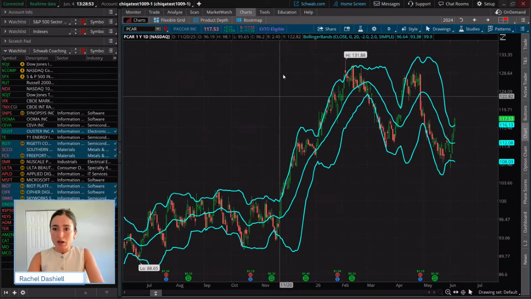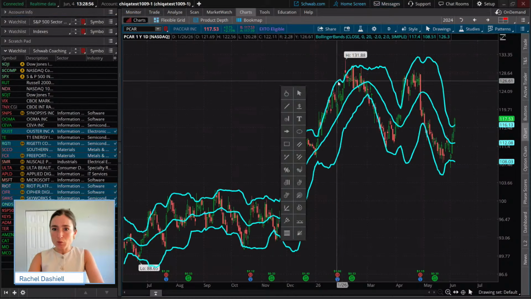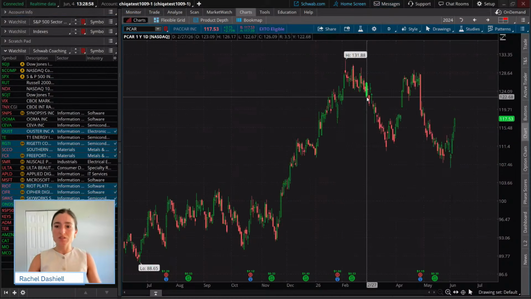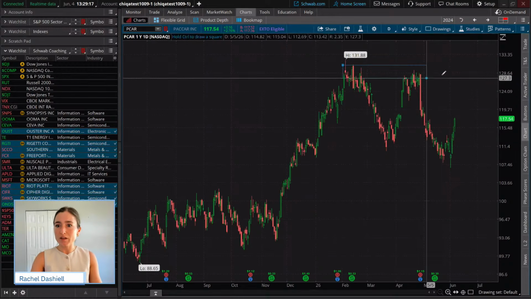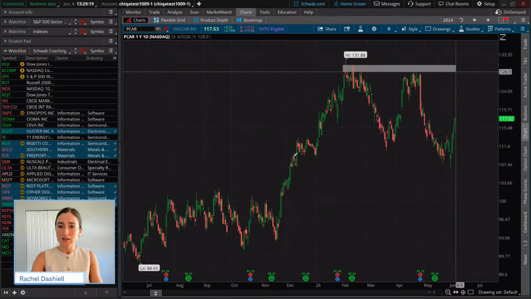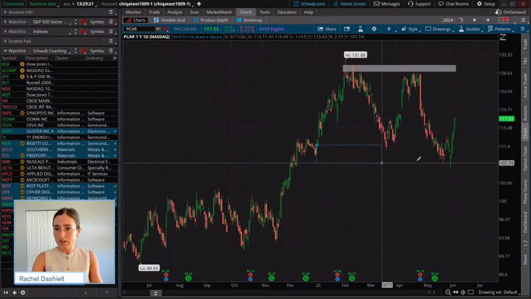So if we actually just take off the Bollinger Bands real quick here, which I would suggest you guys do anytime that you're first looking at a chart, you're again starting with the longer time frame. You're putting it in a context of where the price is within that longer term trend. Then you're piecing down in the next shorter time frame and the next. And so then we're drawing our support and resistance lines. So we had resistance up here. We had support down here.